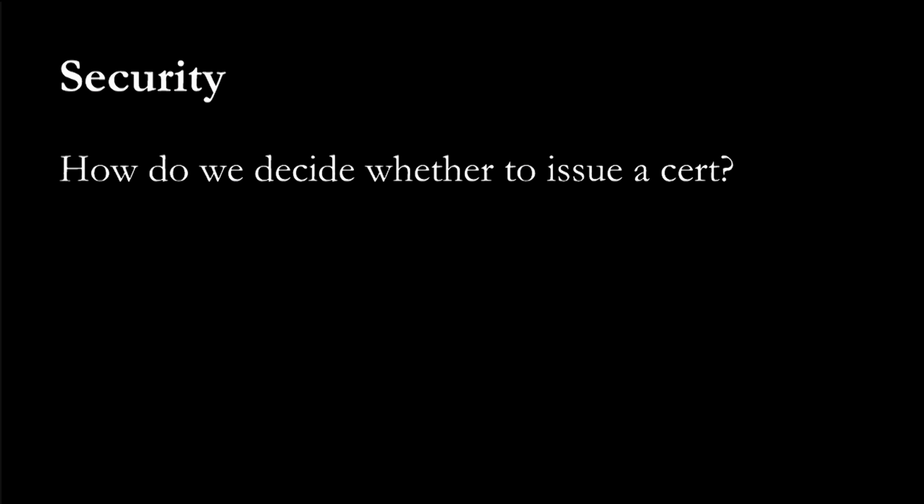Now, fundamentally, when you run a CA, you're going to have to make this really important decision. Every time a website, a server comes along and asks you, hey, can I have a cert? You have to decide, is the answer yes or is the answer no? And the way we do this,